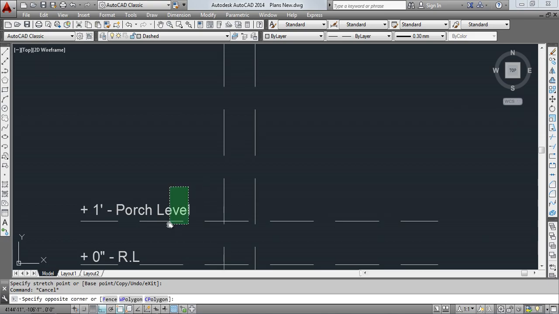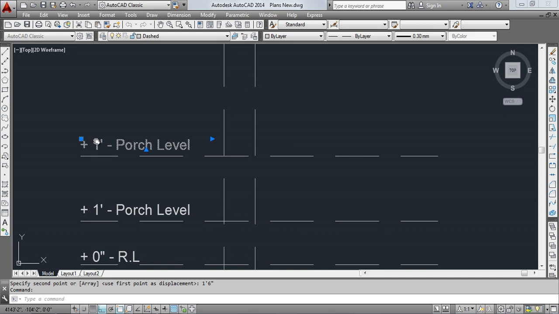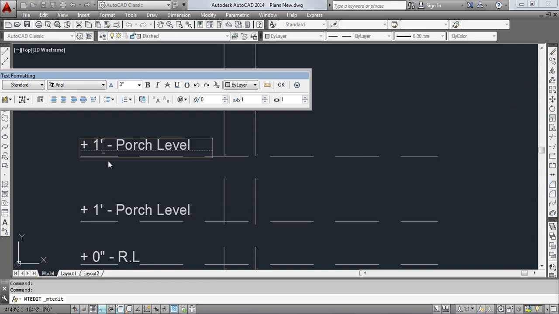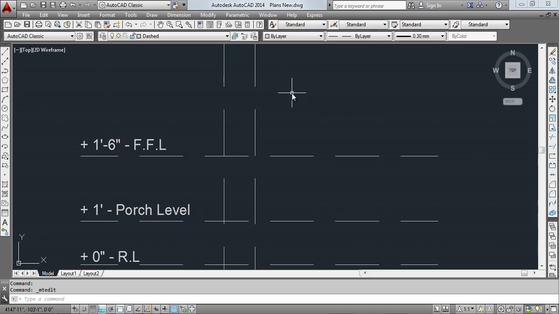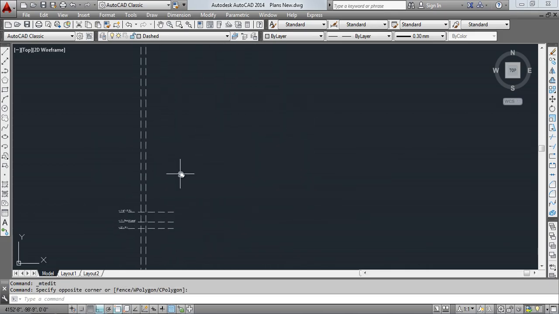and 1 feet 6 inches above. I'm also going to go now from the porch level for the finished floor level, 1 feet 6 inches up. So this is going to be plus 1 feet and 6 inches FFL. This is going to be finished floor level. So now we are going to start with the